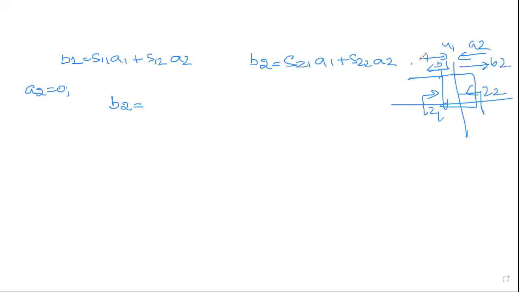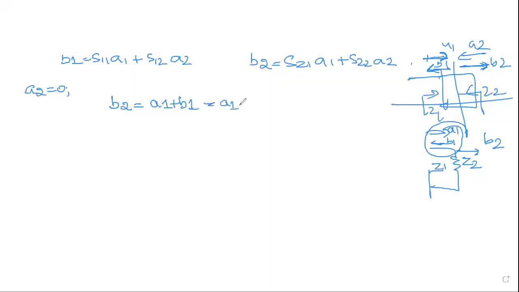Only input is given, A1, as well as your B1. B2 is the transmitted wave. Since your A2 is 0, you can write your B1 as, because only the waves which you get are A1 and B1. That is towards the left hand side, the way which you have considered. This is Z2, this is Z1, you have B1, B2 going outside, you have A1 as well as B1. So the total value you get for B2 is A1 plus B1.